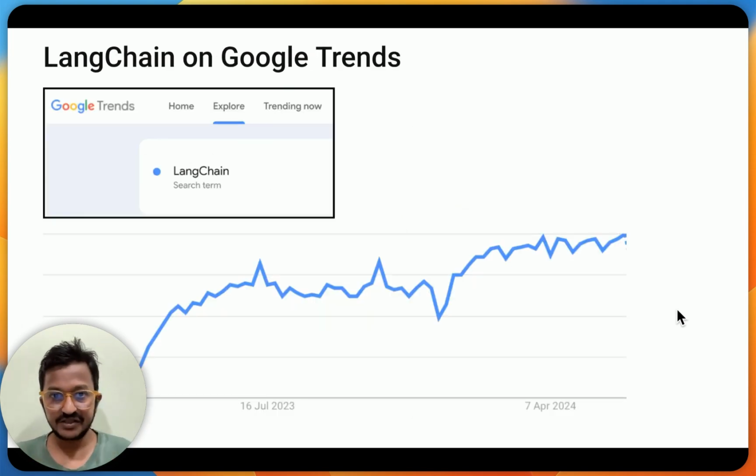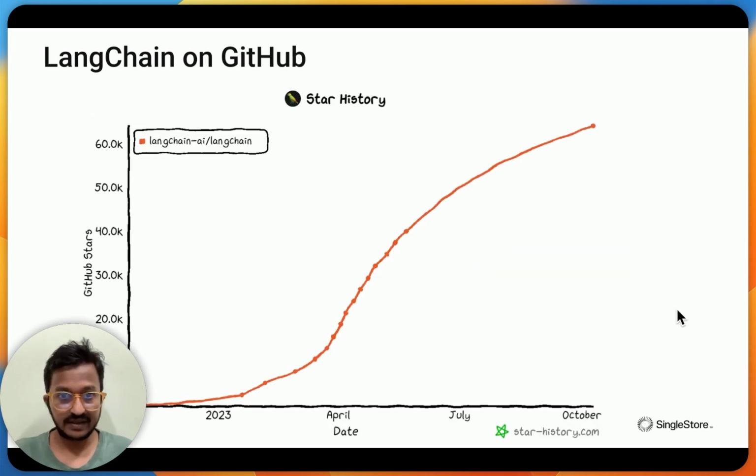And this is how LangChain is growing on Google, because that's how people are searching. So many people, obviously, because LangChain has the first mover advantage in the AI space as an AI framework, LLM framework. So I went ahead and searched about it in Google Trends, this keyword LangChain, and this is how it is growing. So everybody wants to learn LangChain and build LLM powered applications. And this is on GitHub, how they are growing, the GitHub stars. It's also growing up and above. So there is a lot more going on with LangChain, and the growth is phenomenal.